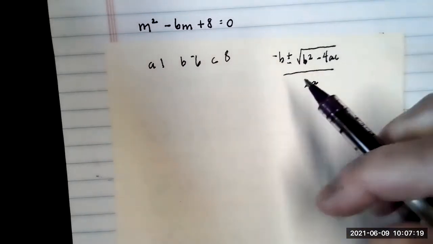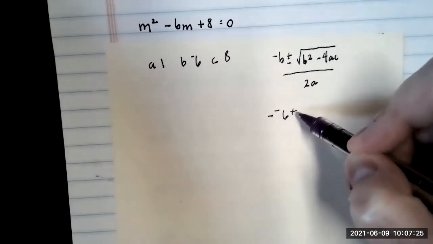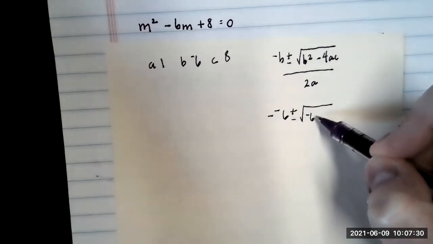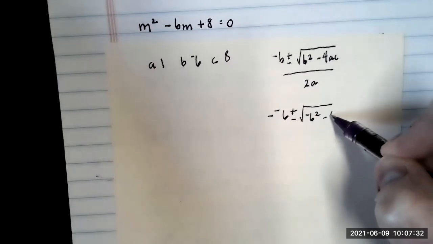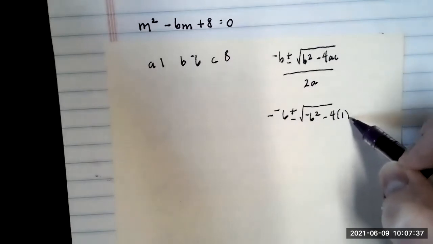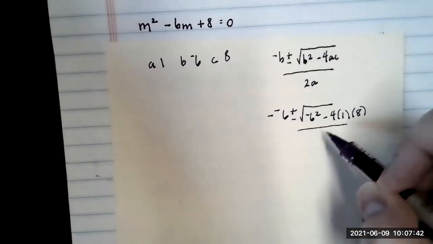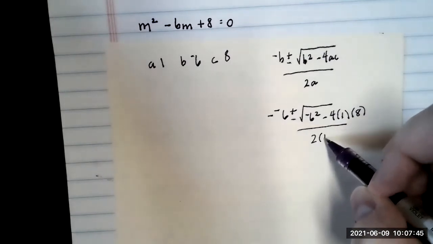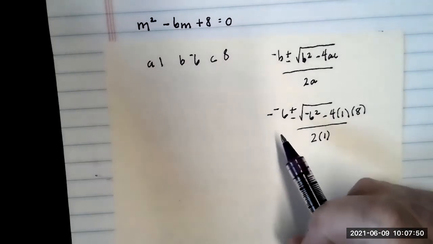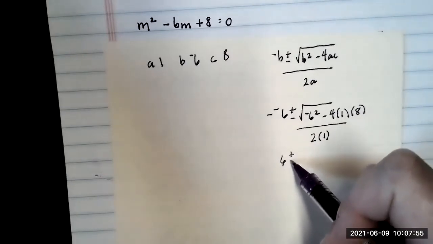Negative b, so negative 6, plus or minus the square root of negative 6 squared, minus 4 times a is 1, times c is 8, over 2 times a is 1. When you have double negatives, 2 negatives in a row, that is a positive. This is now 6 plus or minus